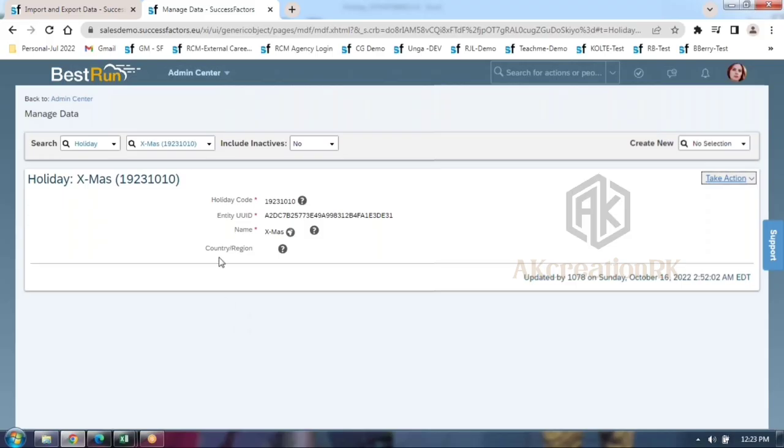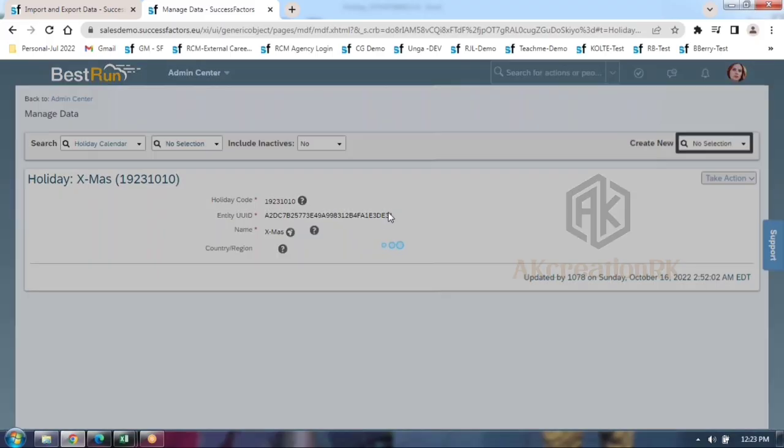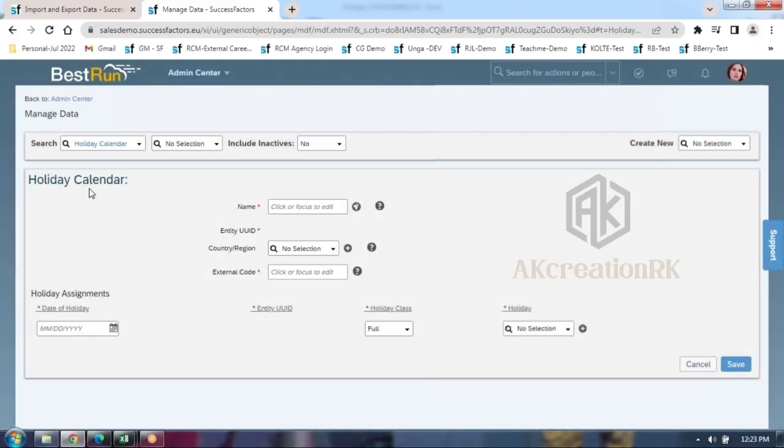So this is the way you can create a number of holidays, either manually or automation via the template concept, guys. So once holidays are ready, then you can go by the next object, which is holiday calendar. Keep it in mind. Now holiday calendar, same fashion, guys. You can go by manual or automation, that is up to your requirement. Don't worry. So let me go by the manual process. Holiday calendar.